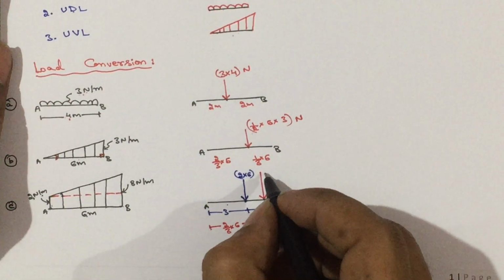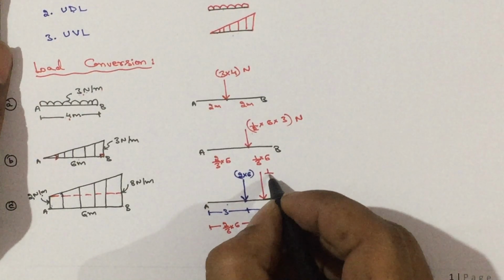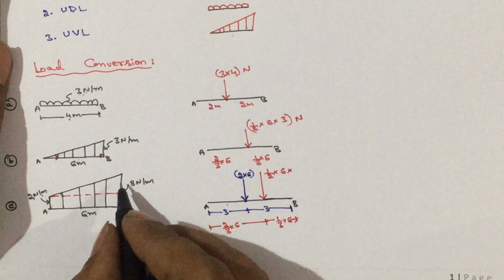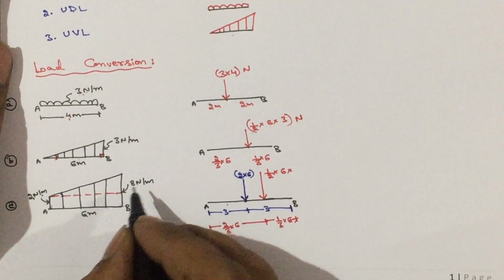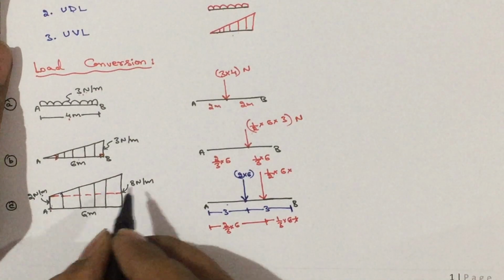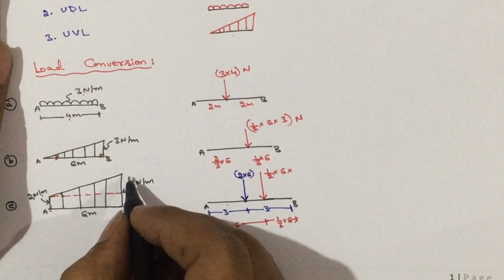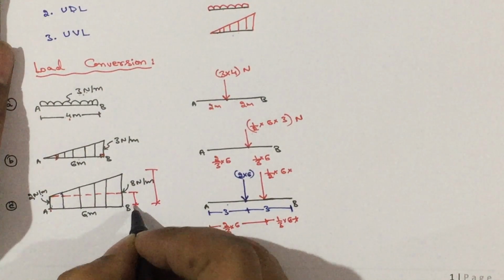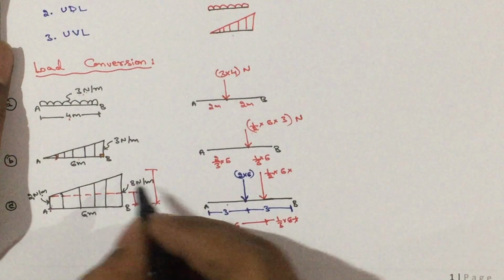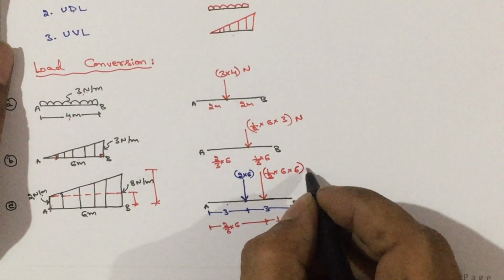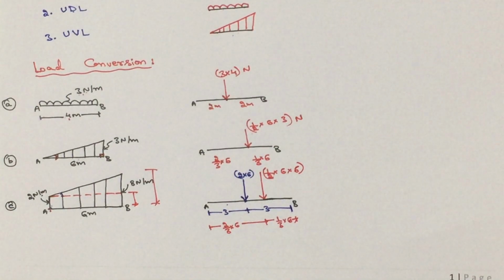Okay. Then how much it is going to act? Half into base into height. Half into base is how much? 6 meter. Into height is how much? 8 Newton per meter. Now, out of 8 Newton per meter, out of 8, deduct 2 of the UDL. So, we are left with 6. 8 is nothing but the total height. Out of that, we need to deduct this UDL height. We are left with 8 minus 2, 6. So, the height will be 6 Newton per meter. So, if you multiply, you are going to get the result in terms of newtons. So, this is regarding one thing.